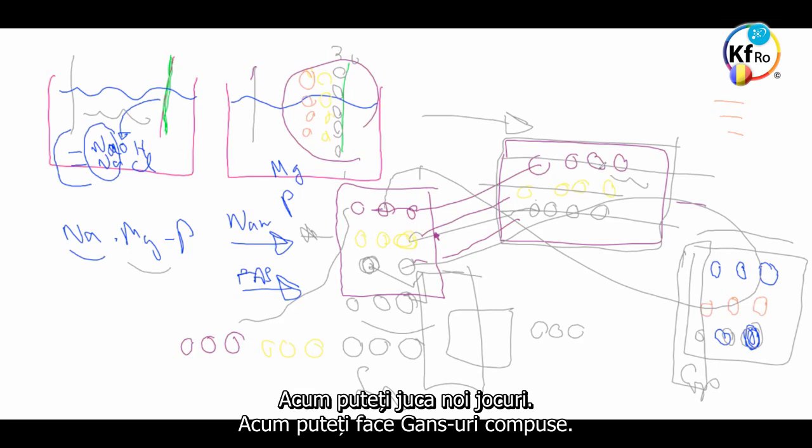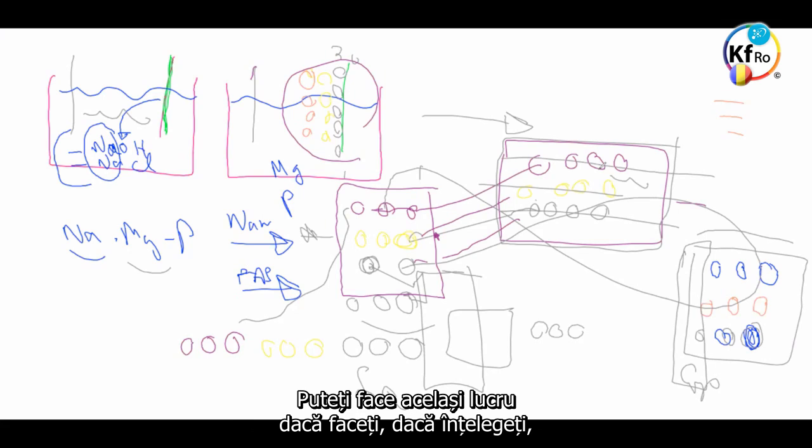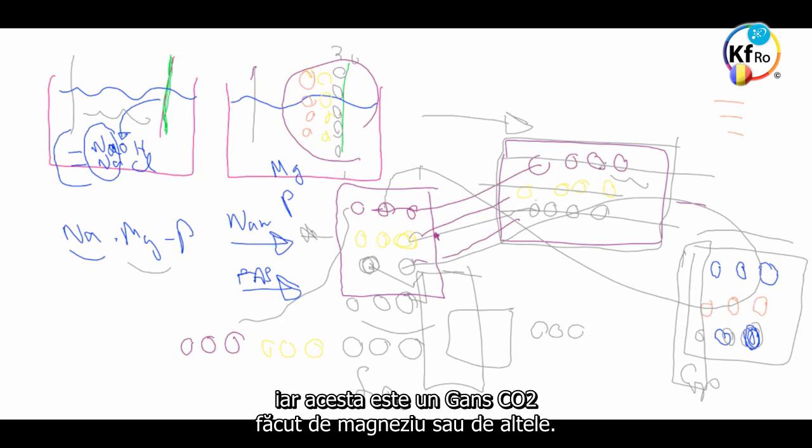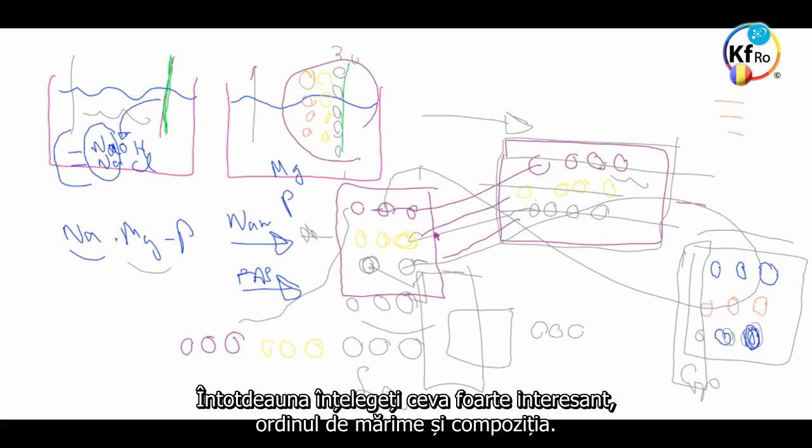Now you can make composite GaNs. You can do the same thing if you understand. When you put a GaN of CO2 on top of each other, you see different colors, because now this is a GaN made by NaOH. This is a GaN CO2 made by magnesium and the others. Always understand something very interesting: